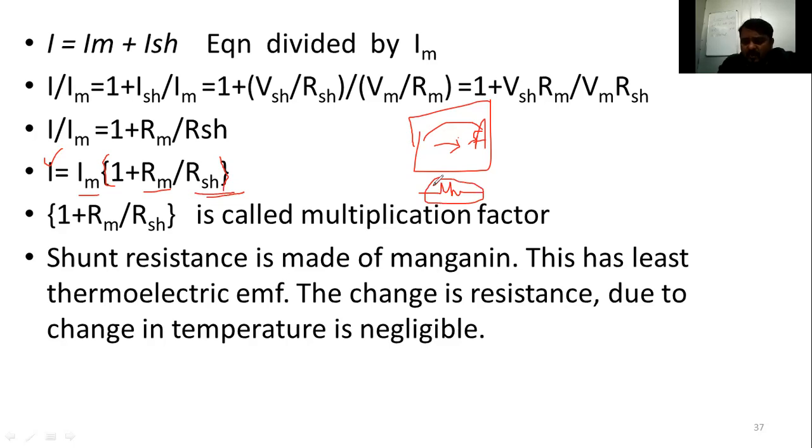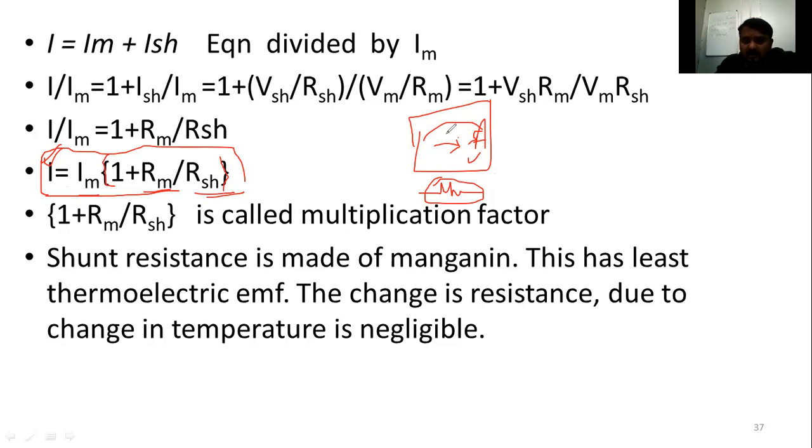Suppose 5 ampere, 2 ampere we can add here now. That is the known value only. And the meter resistance we also know. By using these two known values, we can calculate the total current. So by using a 5 ampere ammeter, we can measure 50 ampere also, 500 ampere also. For that reason, this is called range extension of a PMMC instrument here now.